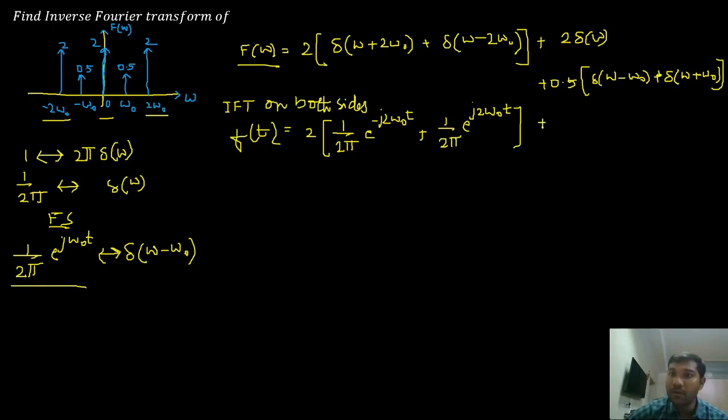Then the inverse Fourier of delta of omega. The inverse Fourier of delta of omega is what? 1 by 2 pi. So 2 into 1 by 2 pi plus